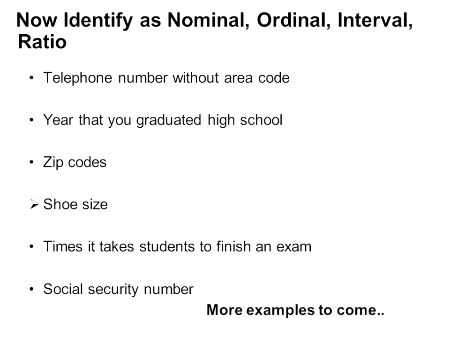Okay, so telephone number without area code, and I put without area code because I know that when you do have an area code, it kind of identifies what region you're in. I don't know if that's true with cell phones, but I know with landlines, the area code tells you what region you're in. So that one might have an order to it if you want to order it from east to west, moving from the eastern part of the country to the western part of the country. It could have some order if you're talking about area codes, but if you're just talking about telephone numbers, I don't think there's any